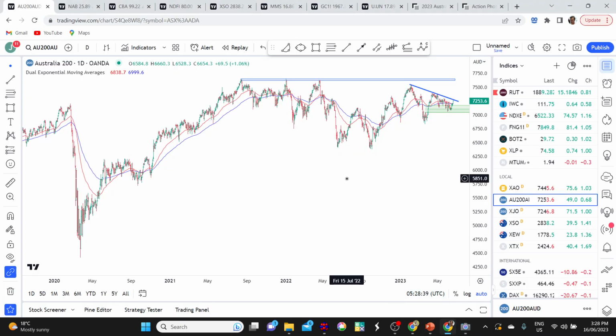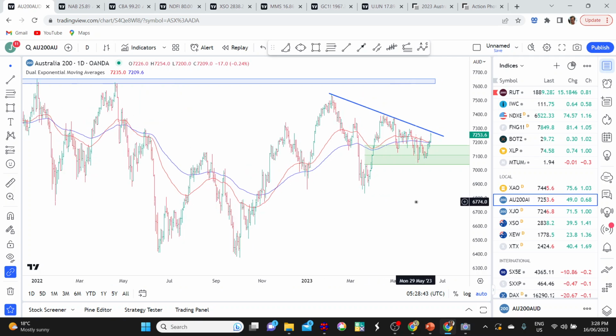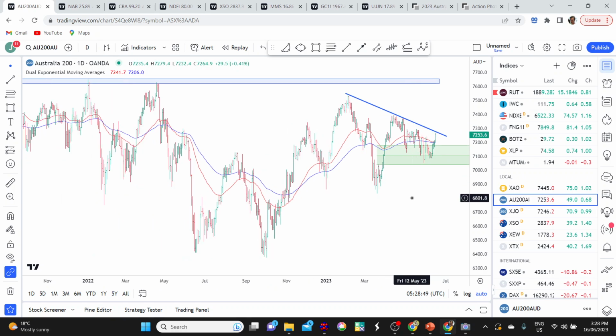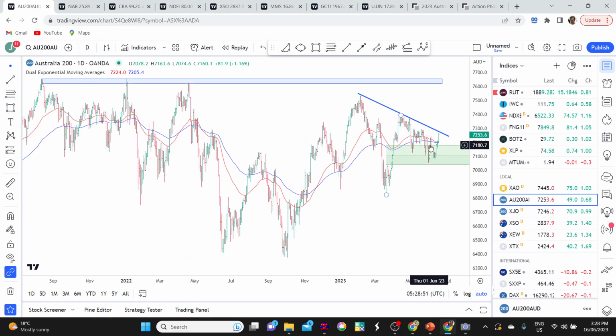So starting off with the ASX 200, and it's been a positive week for the local market, and we're getting quite a good close on Friday afternoon. Overall, though, it still does lack direction. We're not in a trending phase of the market. There is a general lack of direction, and the positive part of this current situation, I think, is that the